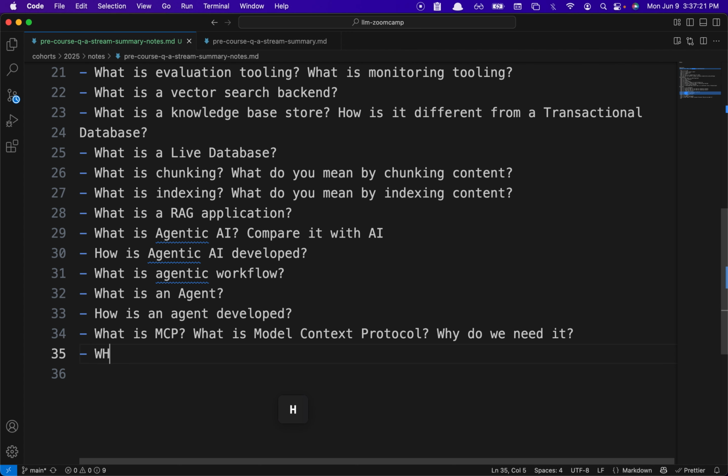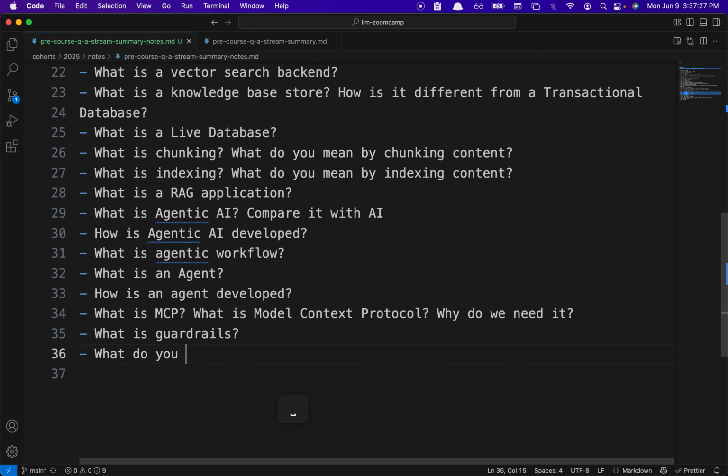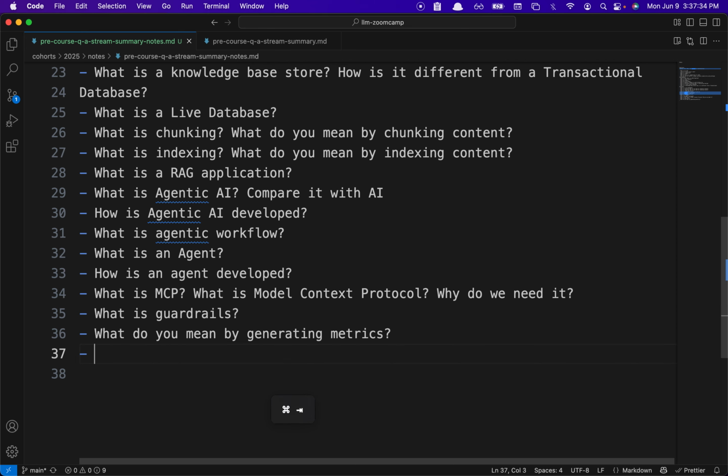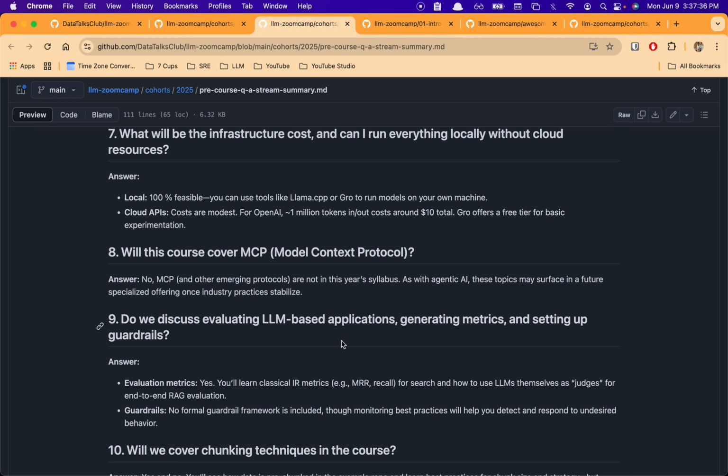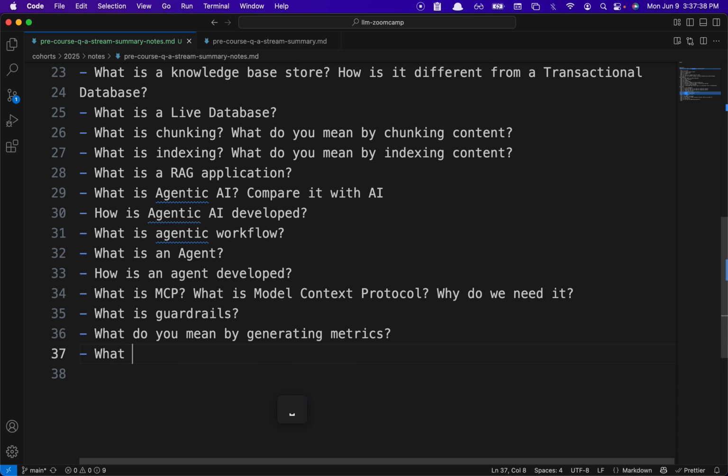What is guardrails? What do you mean by generating metrics? What do you mean by